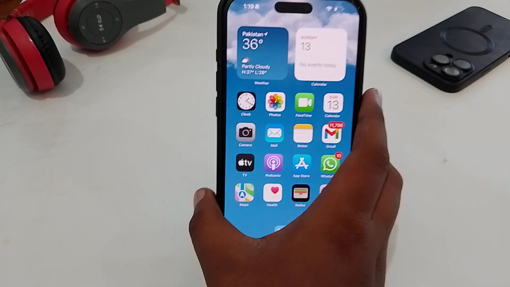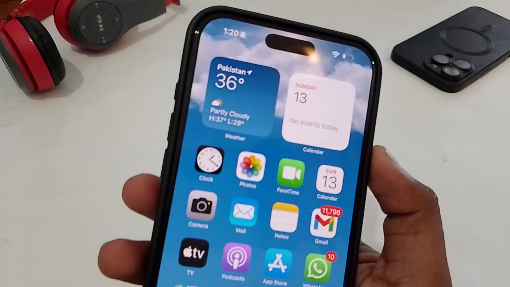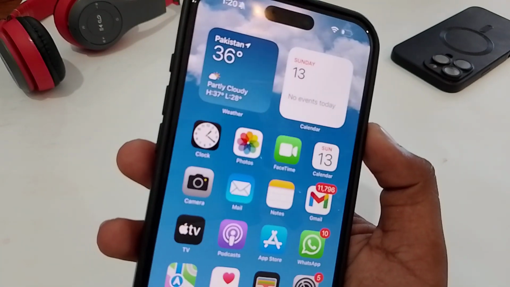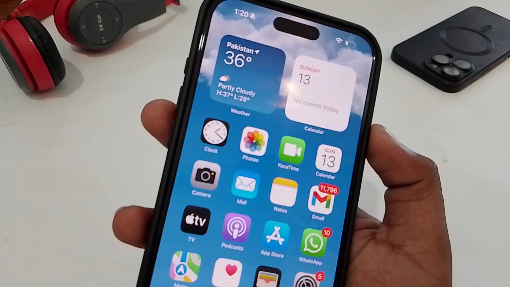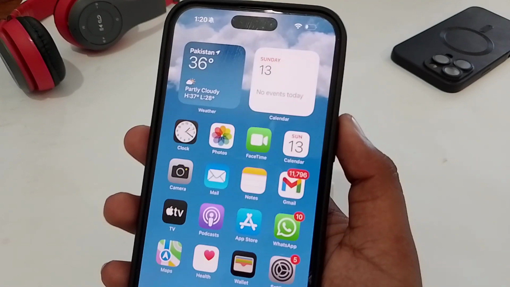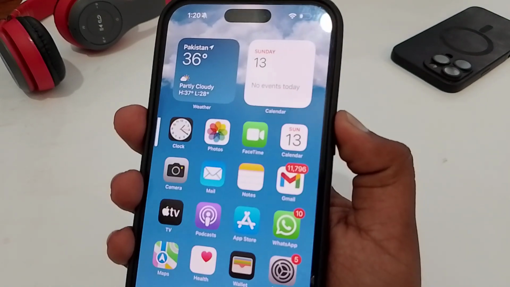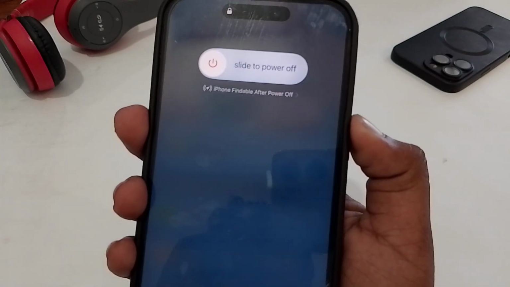On the home screen, you just have to force restart your phone. So let's see how we can do this. For this, you have to follow a simple method, which is: quickly press and release volume up, then volume down, then press and hold the power button. So let's do this. First, volume up, then volume down, and then press and hold the power button until your